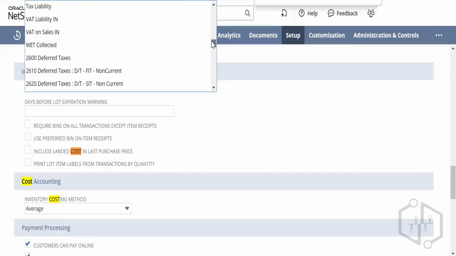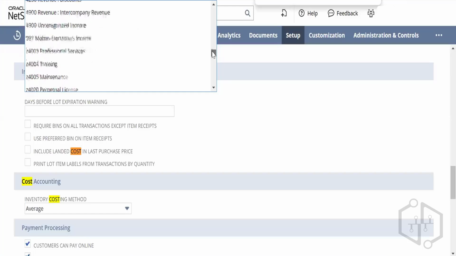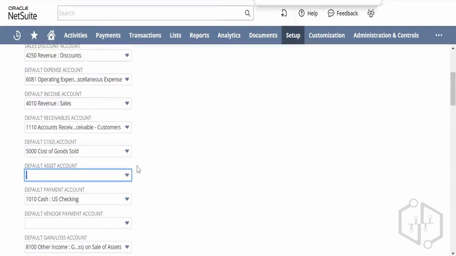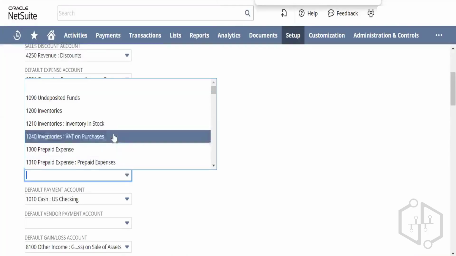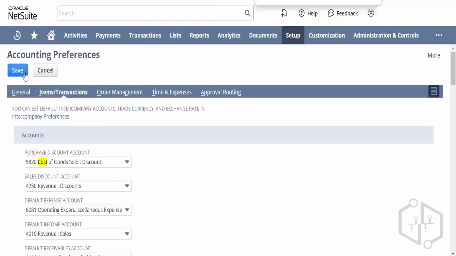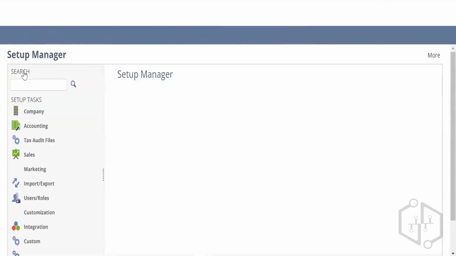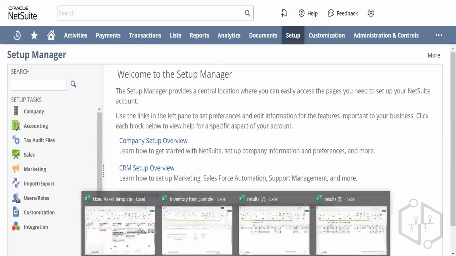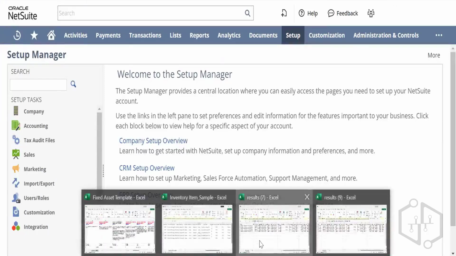Cost of goods sold, I should be able to see an account here. There you go. So 5,000. If you remember, I have set this up. Someone must have removed it. I don't know. Okay. So default asset account and default COGS account, I am setting it up at the company level so that it won't ask me while I'm importing the items,